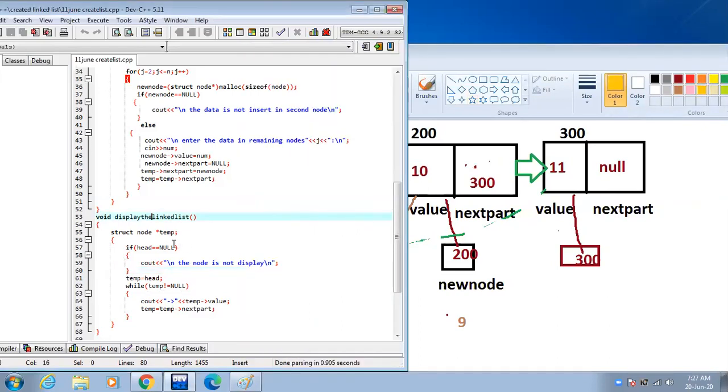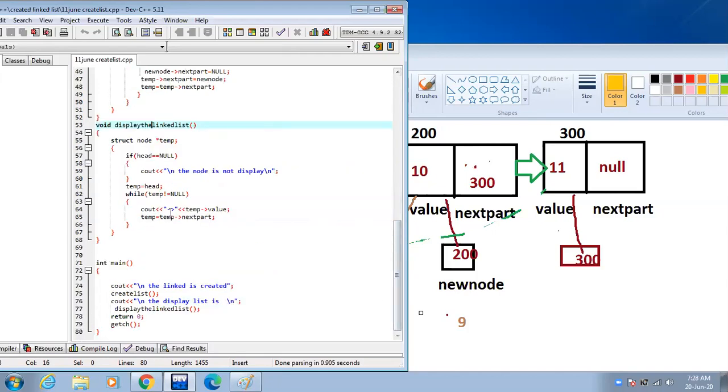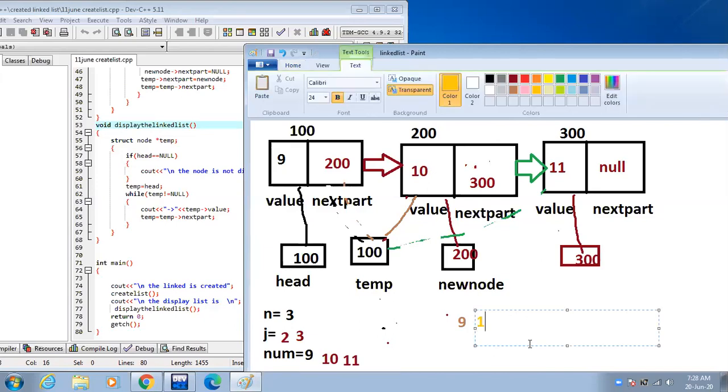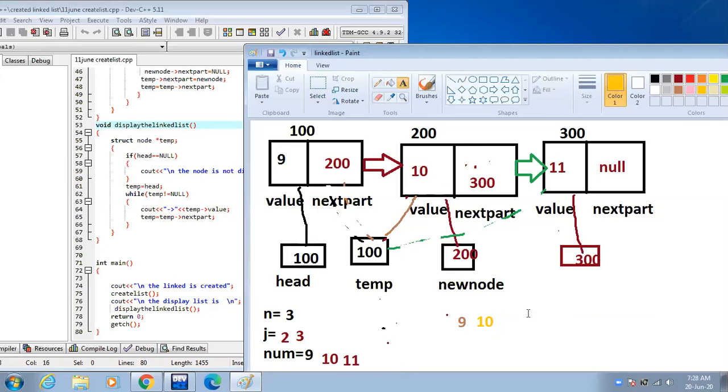And the loop executes again while temp not equal to null. The condition is true and then the loop executes again. Cout temp value. Temp points to this node and this node contains the value 10. 10 is displayed on our screen.